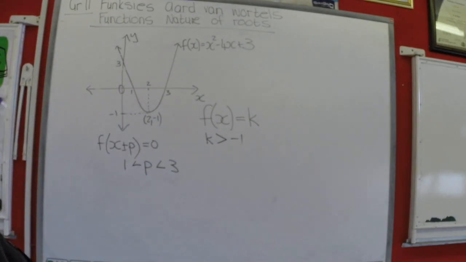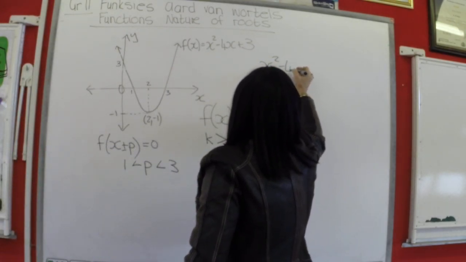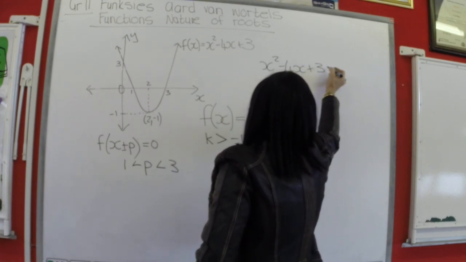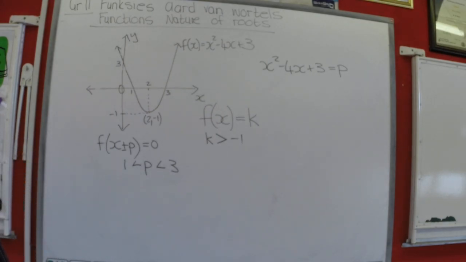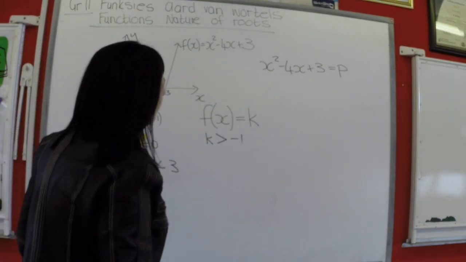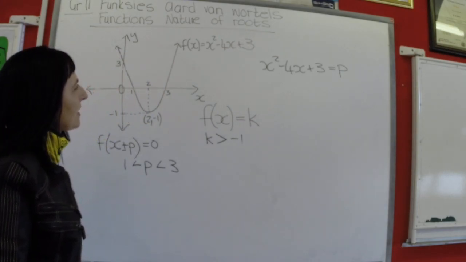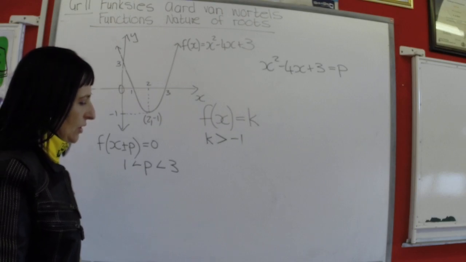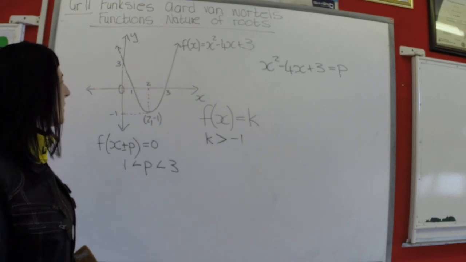Vir watter waardes van p sal x kwadraat minus 4x plus 3 gelyke wortels hê? For which values of p will x square minus 4x plus 3 have equal roots? Nou, gelyke wortels is altyd op my draaipunt. Met ander woorde,